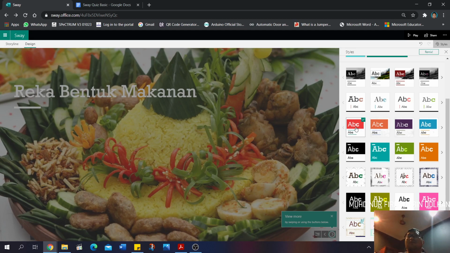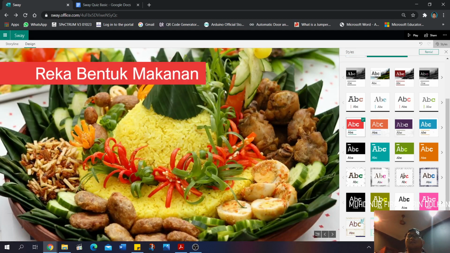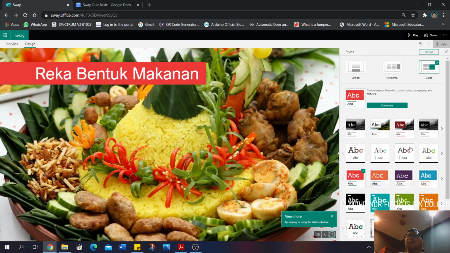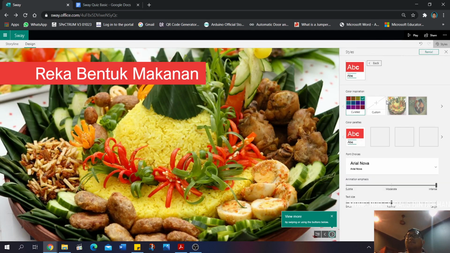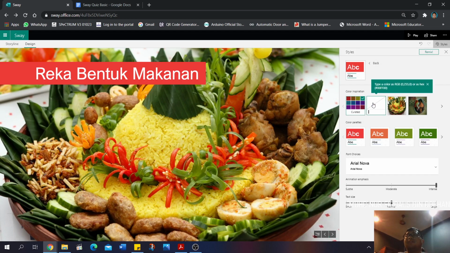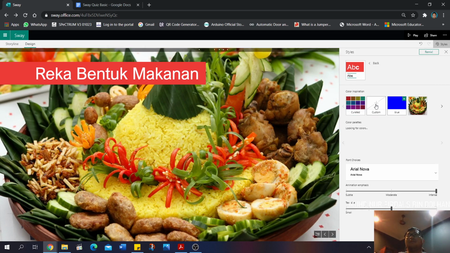You choose this kind of template, and change the colors. But you can also customize it, and you can click custom, color impression. You can write out, for example, you want blue color, and come up with blue color,